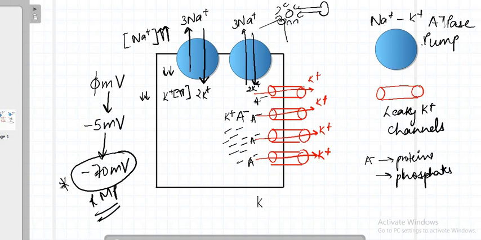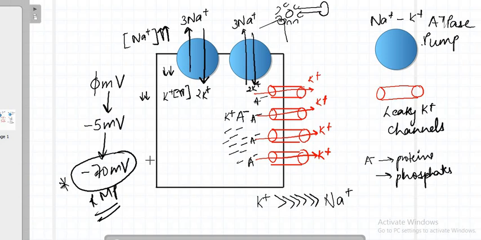If I want to write down K+ with respect to permeability, it is many more times permeable than Na+. So if thousands of K+ are moving, of course they have a significant effect. And if the leaky channels are open for Na+, maybe 2 or 3 will enter, which will not make